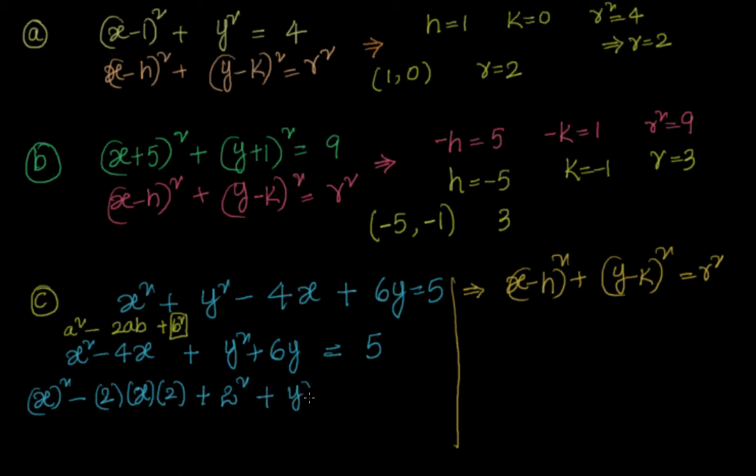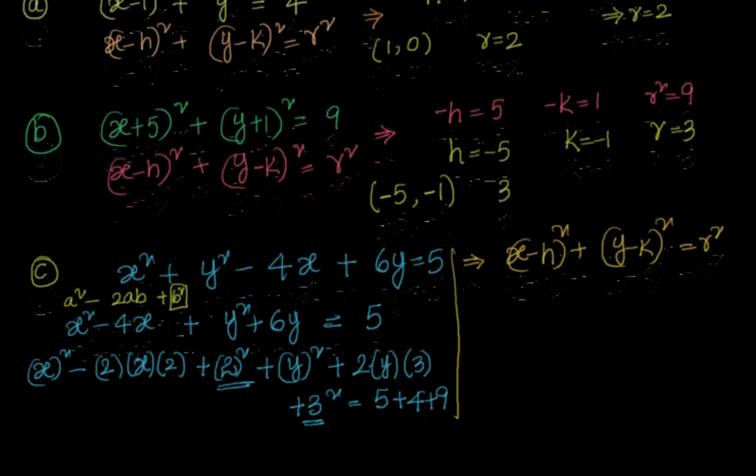Similarly here I will have y whole square plus 2 into y into 3. That means b is 3 there. So I should add b square. If I am adding on the left side, I should also add it on the right side. What I have added? 2 square and 3 square. So that is nothing but 5 plus 4 plus 9. So if you simplify this,